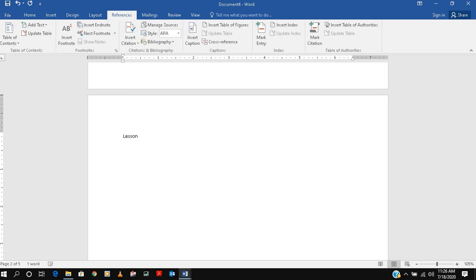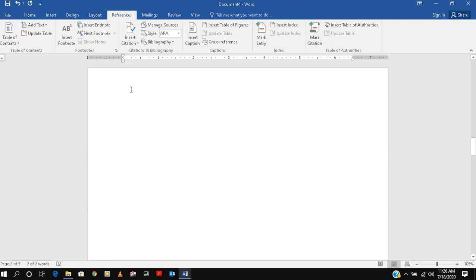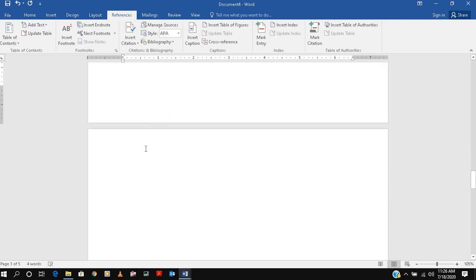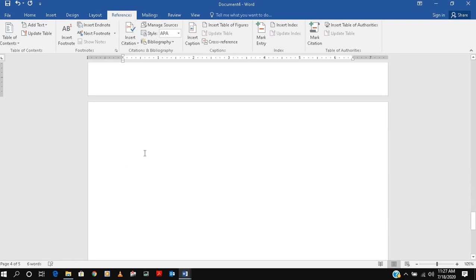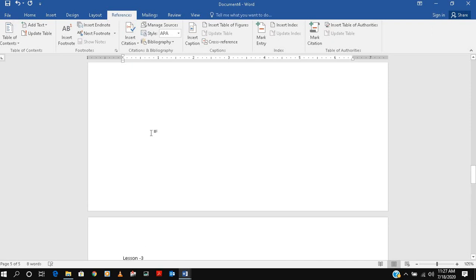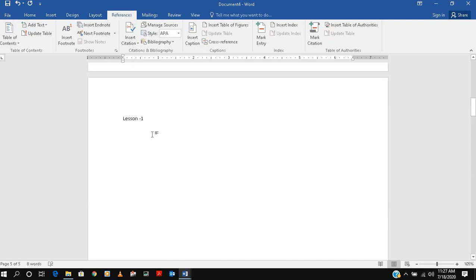Suppose we write Lesson 1, we take copy, then paste. Lesson 2, Lesson 3, Lesson 4, and under every lesson we'll put some text.